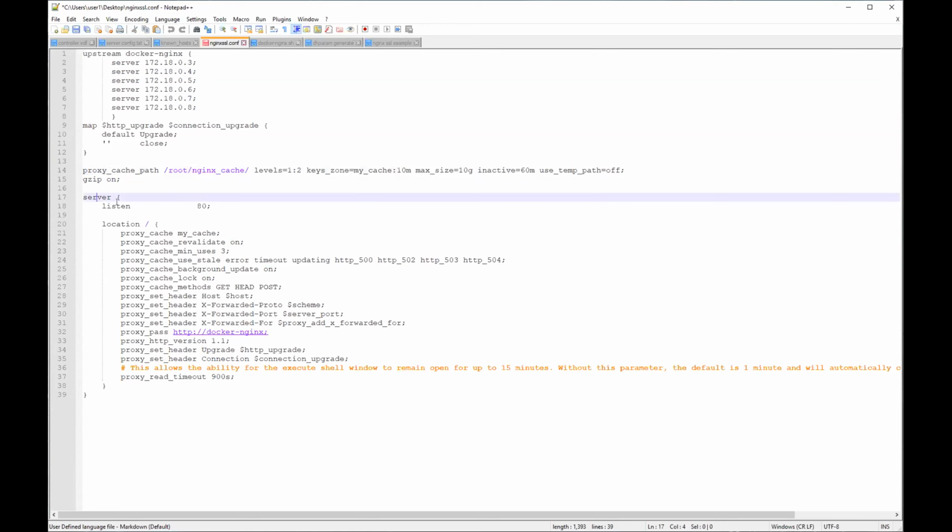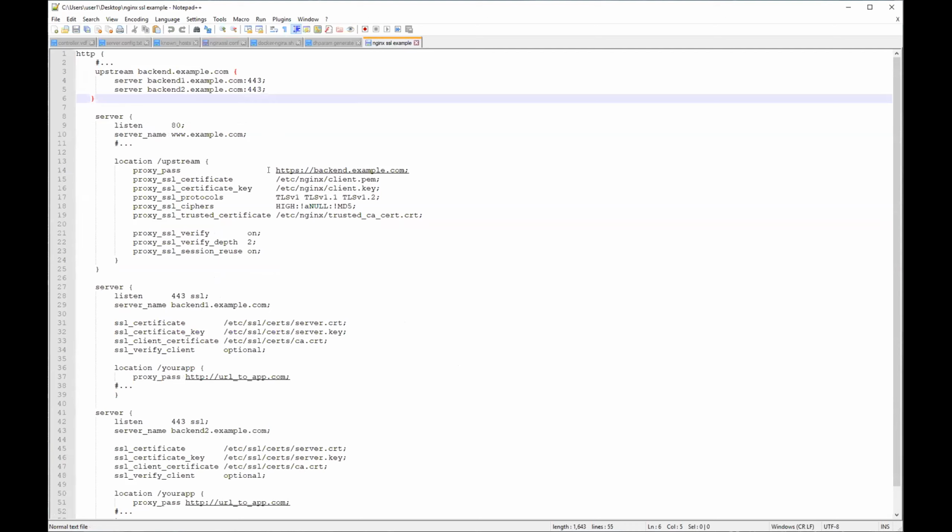Then the server will listen on port 80 by default. So we can add here also another flag called listen 443 SSL. We can add some additional parameters for this. I have an SSL example here. So you have to use in the proxy pass your name, which we don't have, because SSL requires a name of the server, and issuing a certificate needs a name. We can't do this with an IP address. You can try it with self-signed certificates. And the only thing you need to add is the SSL and the client keys. So I will show you this later. Let's not complicate it for now.